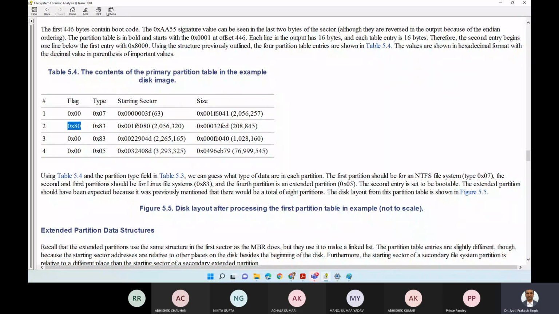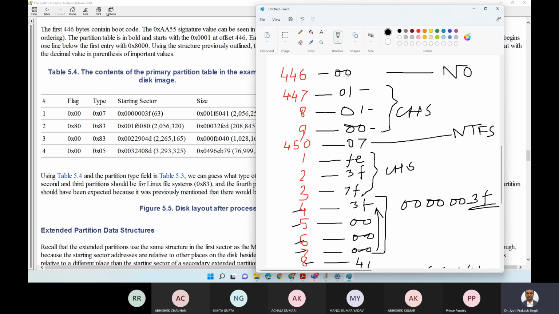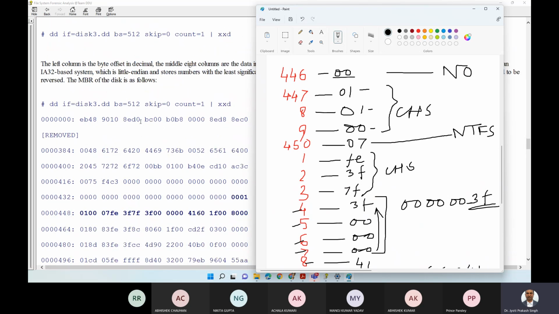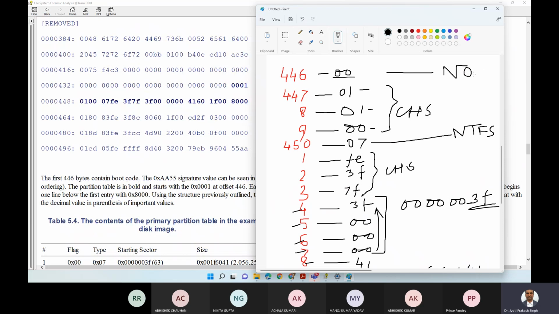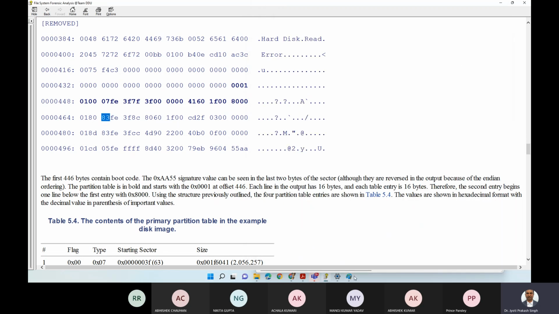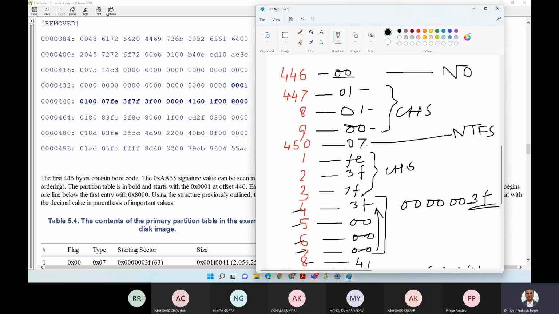The second entry is set to bootable. 80 मतलब bootable है। तो इसका मतलब है कि अब जब देखोगे सेकेंड एंट्री के लिए जब शुरू करोगे तो ये वैल्यू इंस्टेड ऑफ 00 आएगा क्या, 80। यहाँ से 80 आएगा ना, तो इसका मतलब है ये बूटेबल हो गया। फिर देखोगे तो ये 00 हो गया, ये वाला पोर्शन, ये 01 80। फिर नेक्स्ट जो है वो 83 है। तो अब तुम्हारा ये यहाँ जो हम लोग ले रहे थे 07।